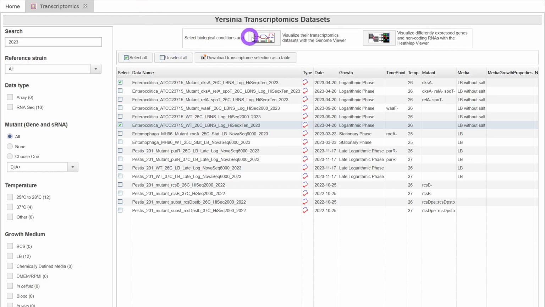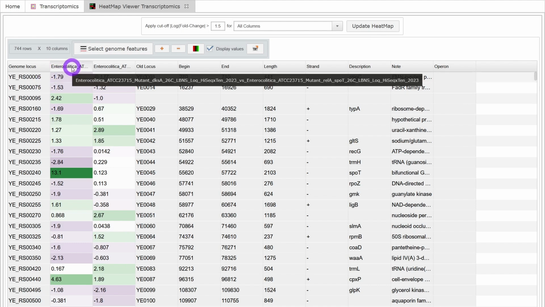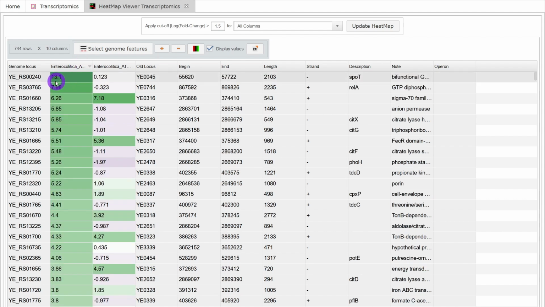From the transcriptomics browser, you can also open selected conditions in the heat map viewer. Comparisons with the selected conditions appear in columns, and each gene of the genome as rows. Hovering over a column header displays comparison name. Clicking on it allows to sort on the log2 fold change value. Loci appear in other columns, along with gene coordinate in the genome, strand, gene name and gene product.